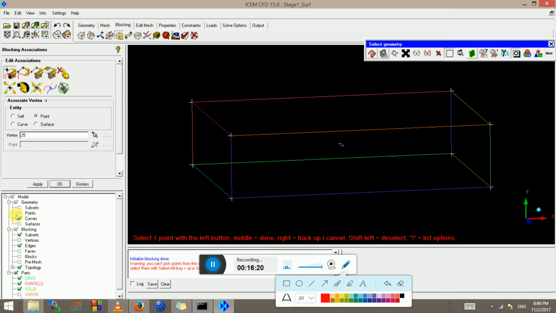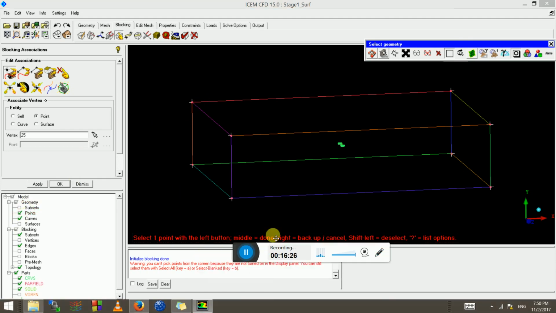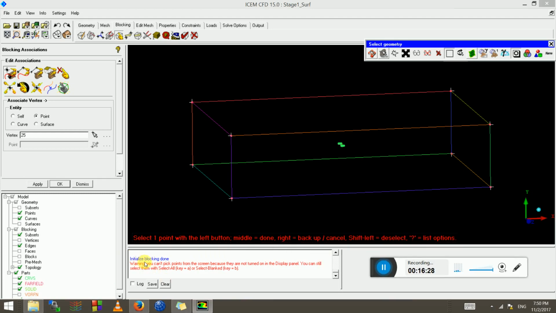So the points are not on. I'm going to tick on the points, turn on the points. If you are trying to do something silly, it usually gives a warning here. You can't pick points from the screen because they're not turned on in the display panel. Okay, so